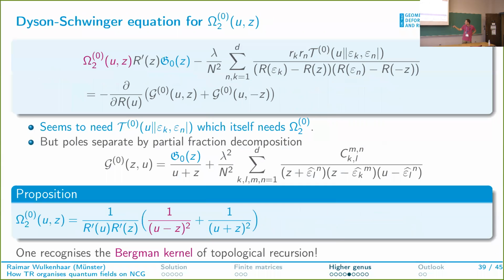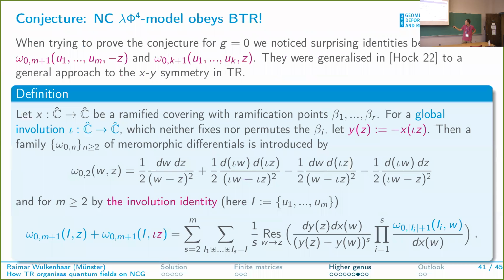So in this reflection, Alex understood that this is more general. It's the XY symmetry. Good. So, let's do the following. Suppose we have the situation that x and y are related by such an involution. Suppose that's the case, and the omega 0,2 is symmetric under this involution, and the higher omegas satisfy